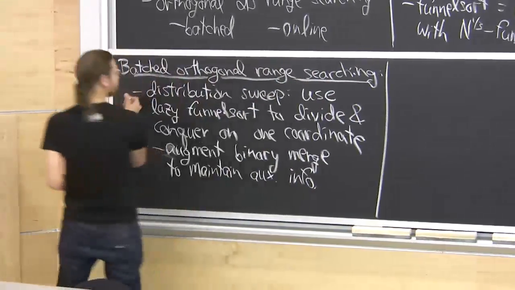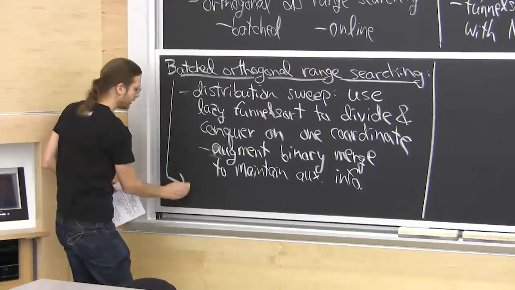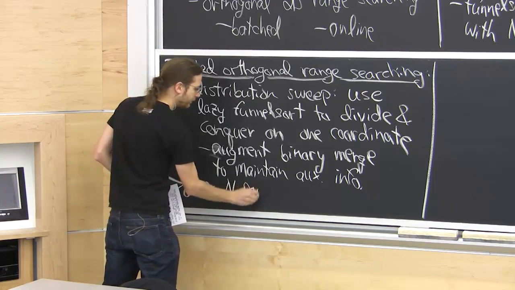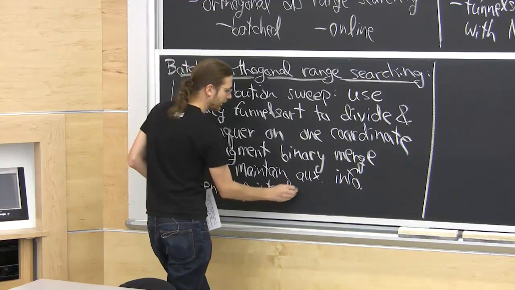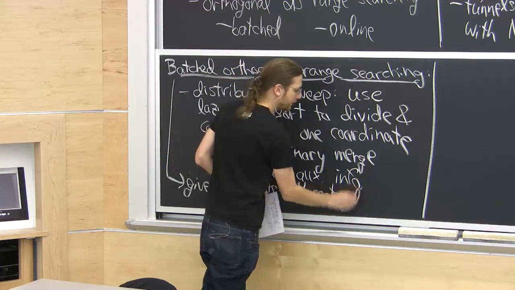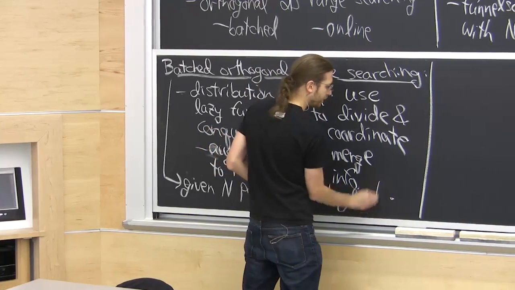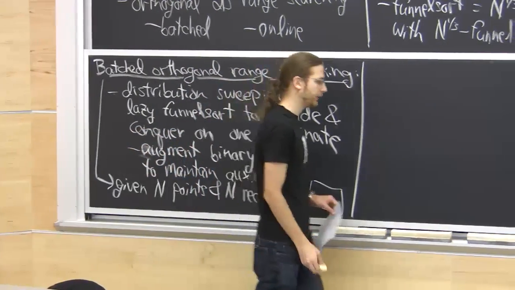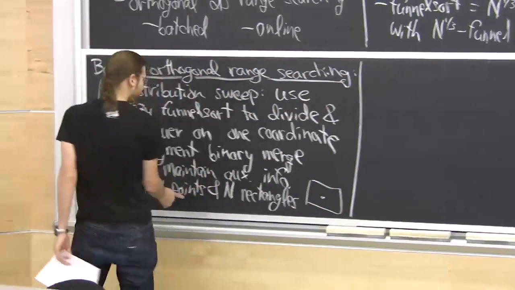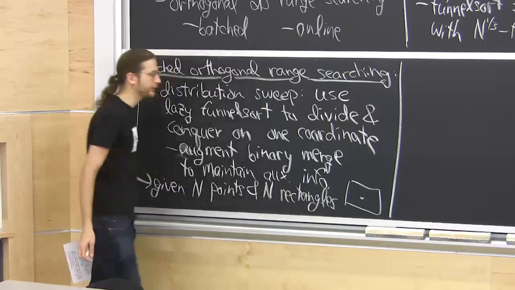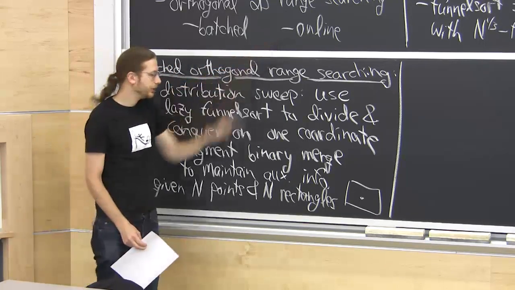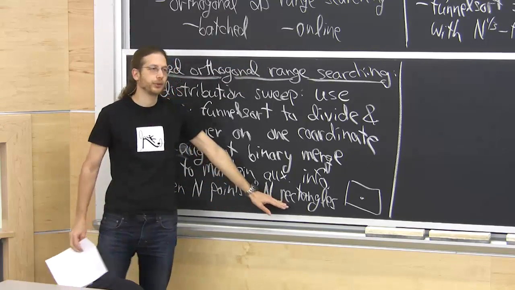So the actual batched orthogonal range searching is you're given n points and n rectangles, and you want to know which points are in which rectangles. Okay, that's the general problem. So normally we're given the points first, and then we're given the rectangles one at a time. That's what we've solved in the past. That's what we will solve later. That's the online version. The batch version is I give you a whole bunch of queries I want to know